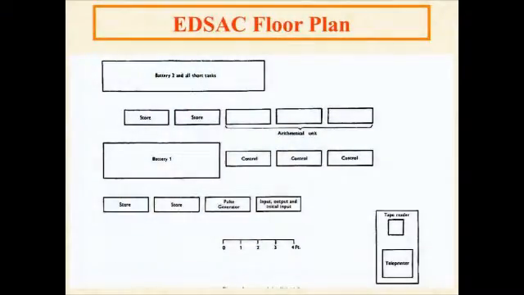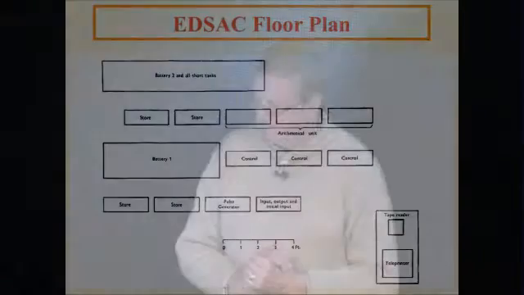So we need to decide which EDSAC we're building. We have a floor plan. This is an area that measures about 15 feet square, so it's physically quite large. There are 3 rows of racks. We know broadly what each set of racks does, and we've got 2 copies of, oops,